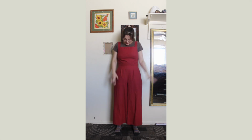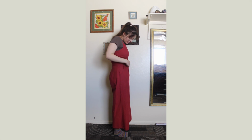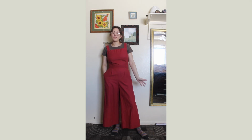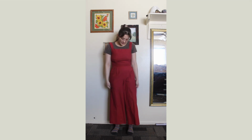Anyways, I'm glad I put it on because I want to wear it more often because I do really like it. Sometimes I feel like it makes me look bloated, which I am, but it emphasizes it sometimes, so that might be another reason why I don't wear it as often. But honestly, it's pretty comfortable, and even if I didn't wear it out, I should at least wear it at home because it is pretty comfortable. So yeah, kind of a basic outfit